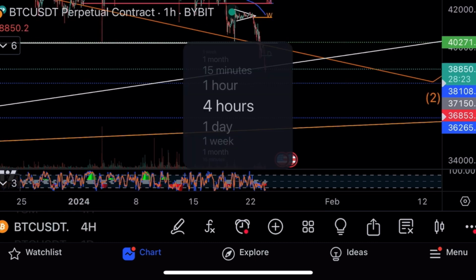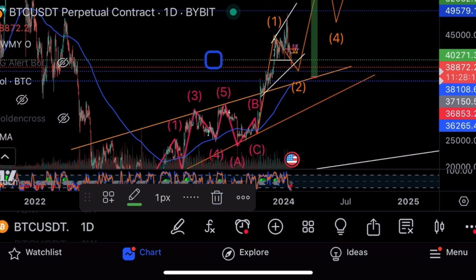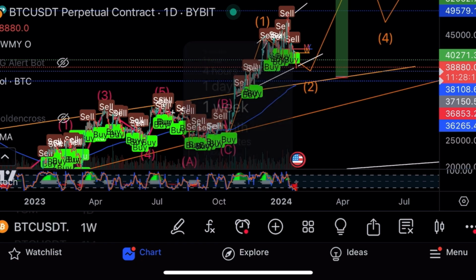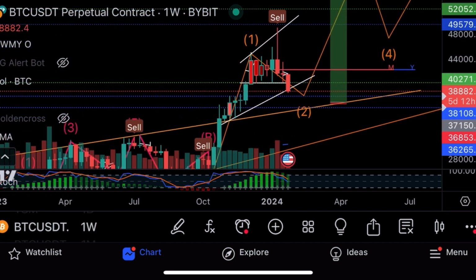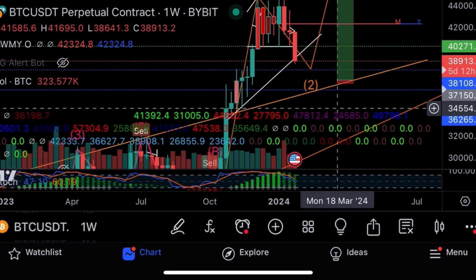I'm looking for signs of a bottoming formation. Also, the Bitcoin indicator bot, which you get in the Crypto Master course, fired a sell exactly at the top on the weekly. It called the sell perfectly. It hasn't fired a buy yet. Blue lines are the support. 2 is the end of this